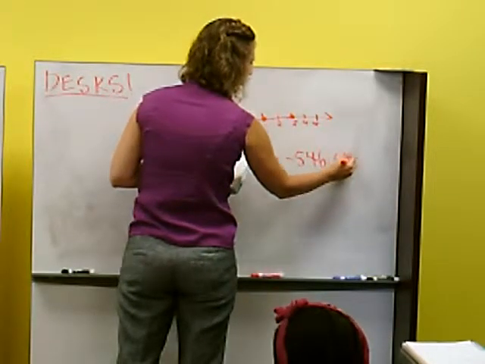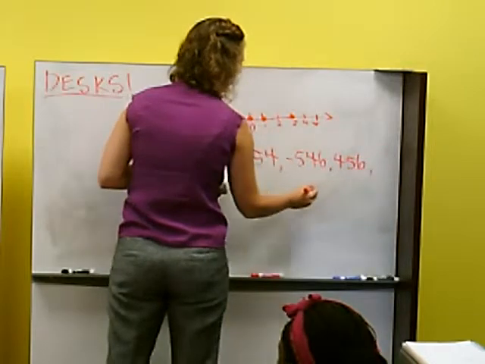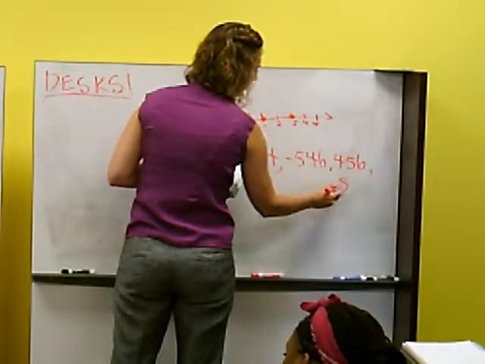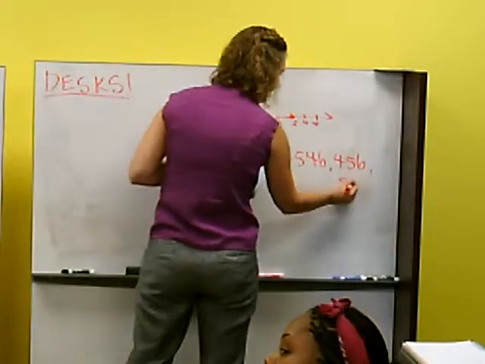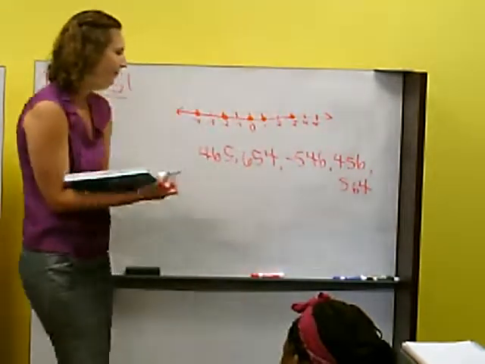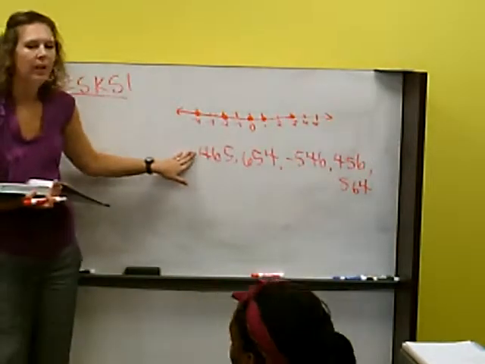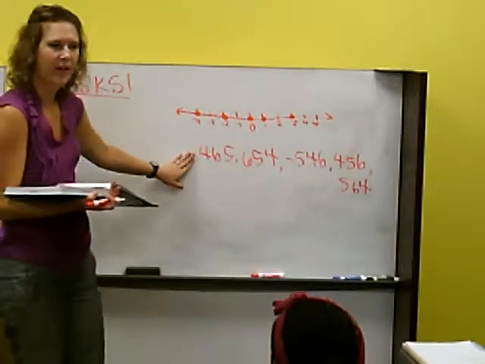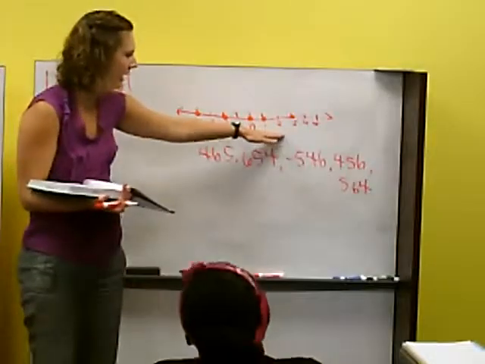4, 5, 6. And 5, 4, 6, 4. 6, 4, 5, 6, 4? Yes. Okay. Alright, so now we're going to do the same thing. We just won't be able to plot these numbers on the number line, right? Because there's no point in drawing our